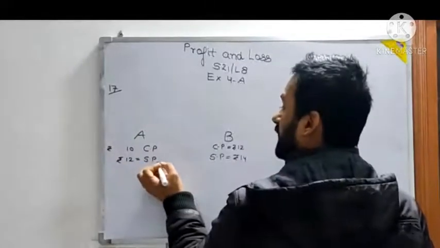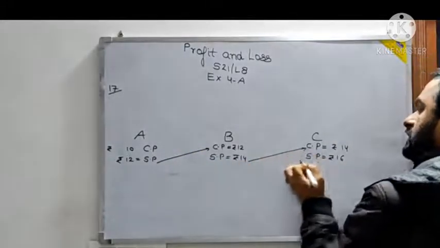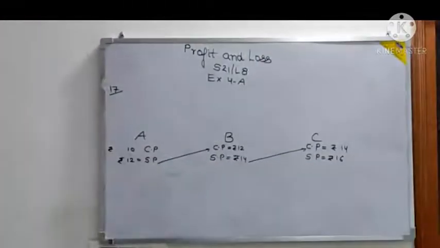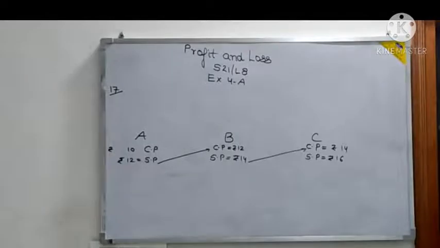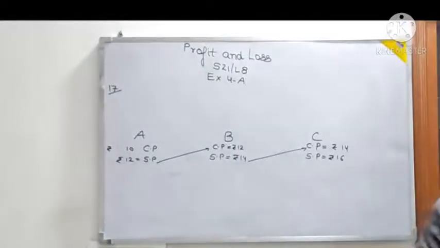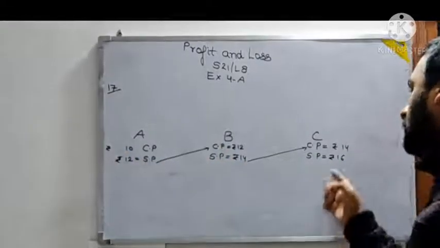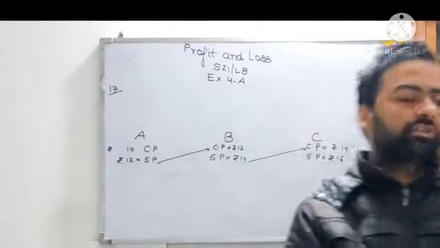what was SP for A is CP for B, and what was SP for B is CP for C. This question involves this concept only. Now entity is same, cost price is changing, and even selling price is changing. So depending on who is buying and who is selling, the cost price and selling price can change. Otherwise, if we have to calculate for A only, and suppose he sells it back to A, maybe again different. So again A will have different cost price, selling price. So these things are there.